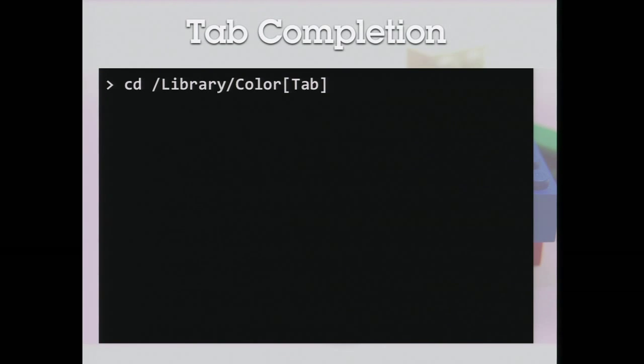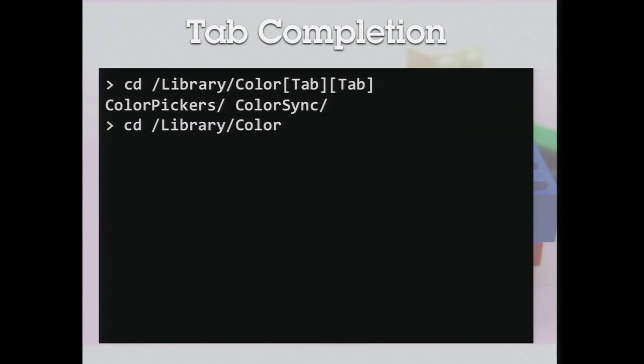So if you type in some characters that don't have a match, you'll see the terminal flash letting you know that the file does not exist in the current location. Or it could mean that there's more than one match. So if you type this and you hit tab, the screen would flash. If the directory or file is there and there's more than one match, there's no way to tell whether there's no match or more than one match. So you have to hit tab twice. So here, hitting it a second time, it'll list the directories and then return you to the shell with what you had before. Now you know you have to either add an S or a P. You choose it, hit tab, and then you get the path you're looking for.